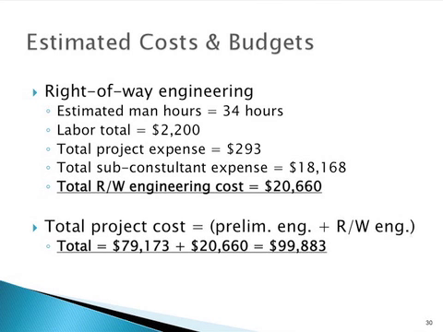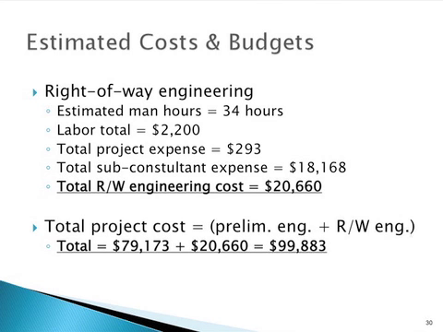$18,168. Since most of the right-of-way engineering services will be conducted by subconsultants, this is the reason that the subconsultant expense is greater than the labor total for right-of-way engineering services. Adding together the different budgets yields a total right-of-way engineering cost of